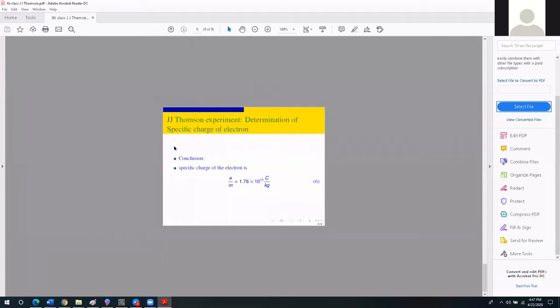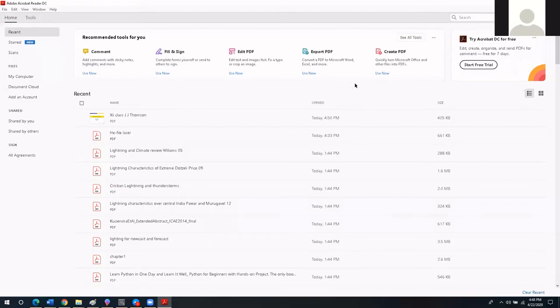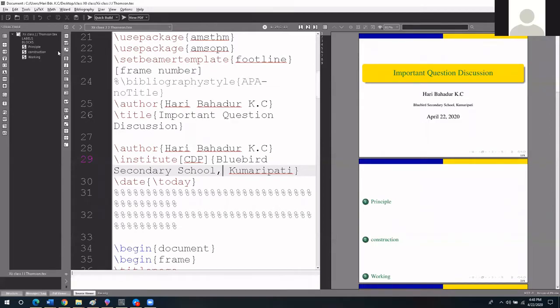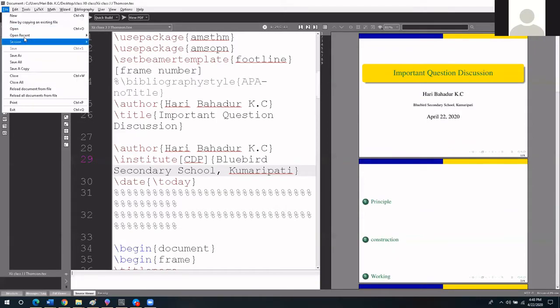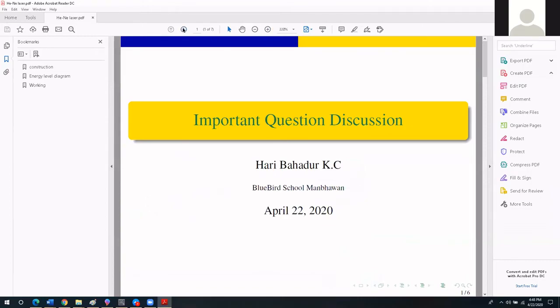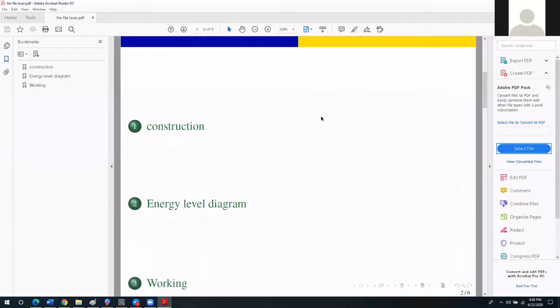Okay, let me go to the next topic, that is the helium-neon laser. Let me open another topic. Just wait a minute, I have to open another. Next one is here, helium-neon laser. The first part is the same as the previous one. Here I'll discuss